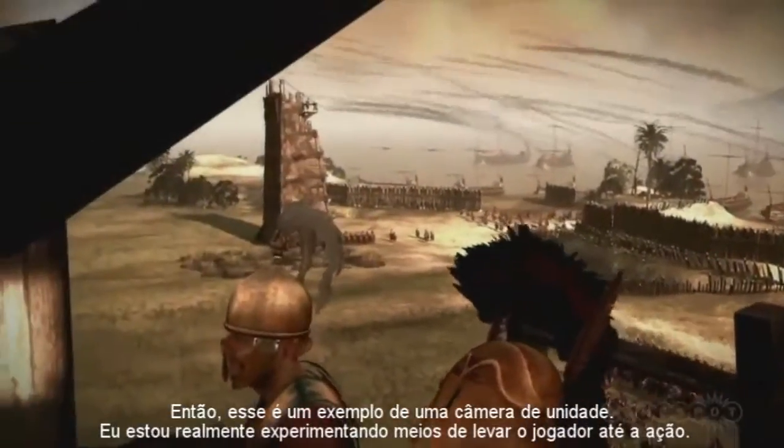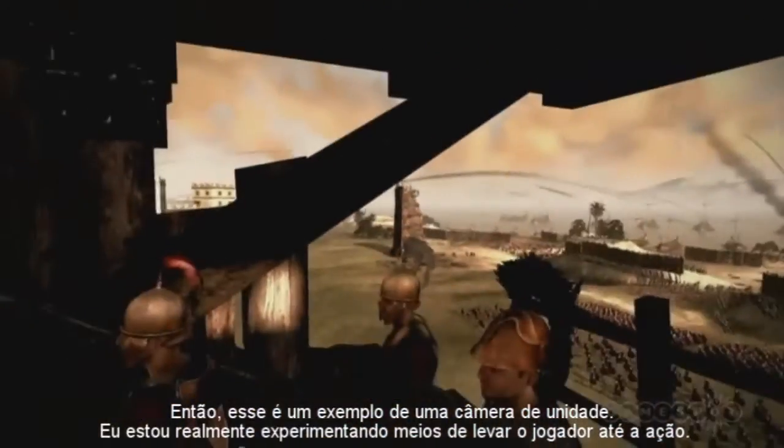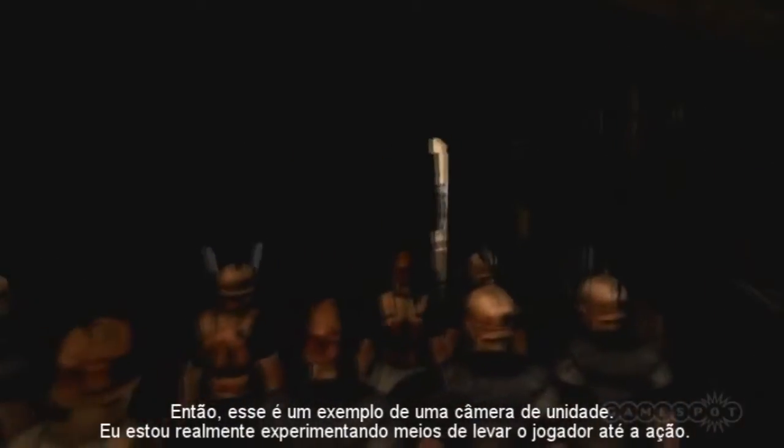So this is an example of our unit camera, and we're really experimenting with ways to get the player down